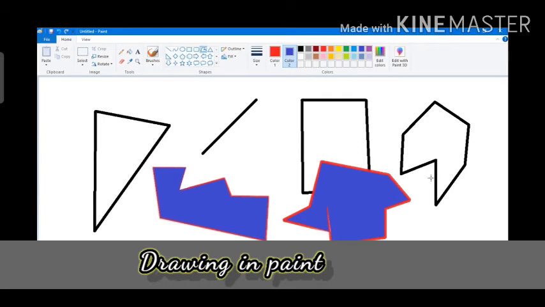To change the line style, you can click on the outline and then click on the line style, and then with the shape without an outline, by selecting no outline, you can also draw this one. Okay, and in the colors group, you can click on the first color, that is color 1, and then click a color for the outline, and color 2 to fill in the shape, the color that you want to fill inside the shape.